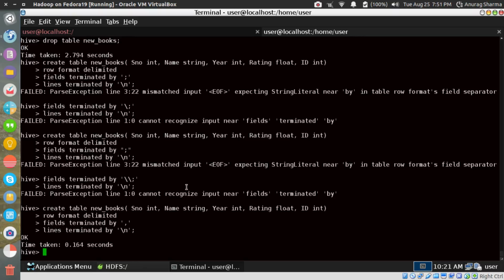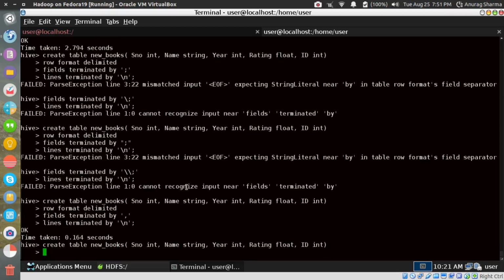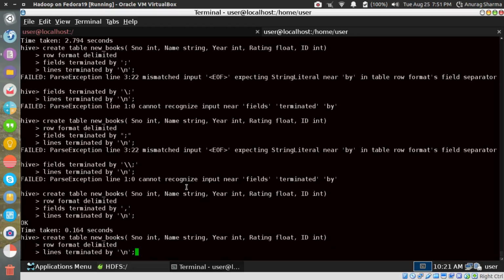Okay, so it doesn't accept a semicolon, but how do I use it? I have to use some escape characters, and this is the usual Java notation.